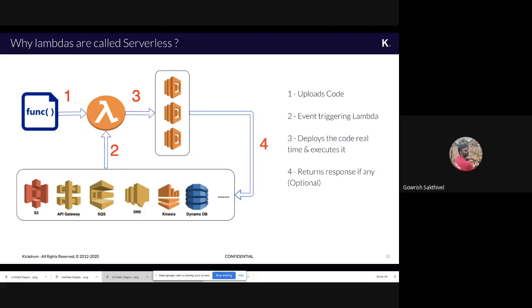and then give back the response. It not only supports very few requests, it can also support heavy scaling of requests. For example, let's say 100 requests are coming in very quickly at the same given time. If you have your application on EC2, it may not scale, because if your application has only 1 GB RAM, it will not be able to handle 100 requests at a particular time. But with Lambda, it will deploy the code into n machines for